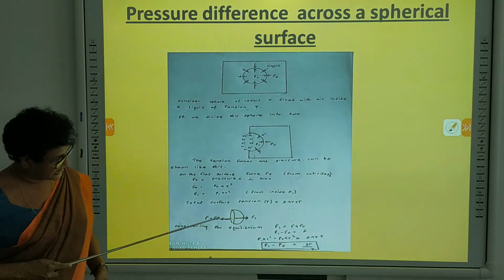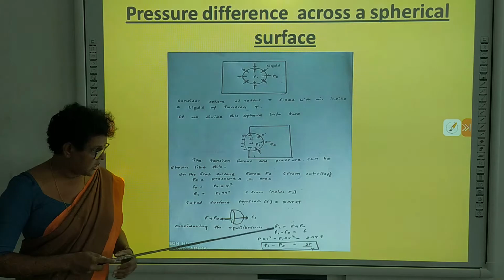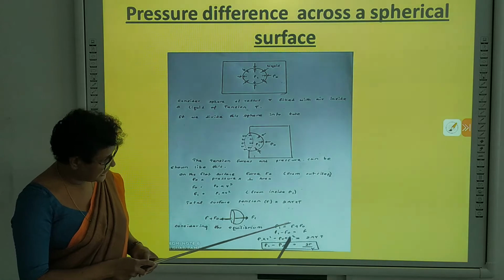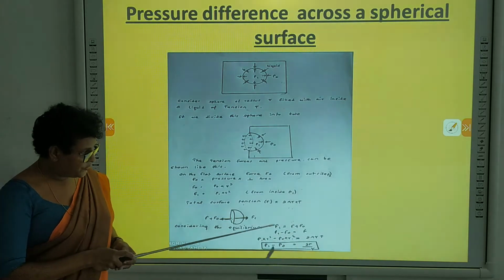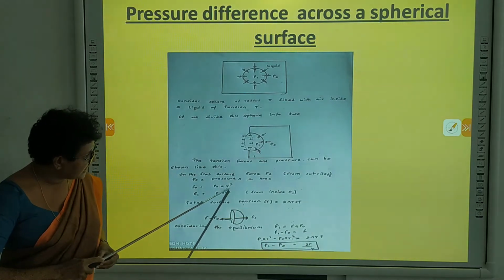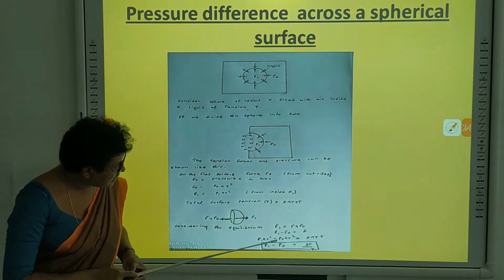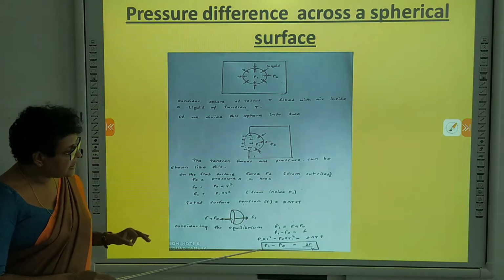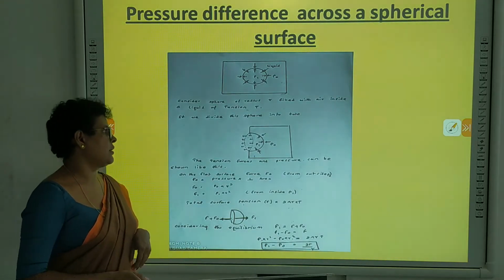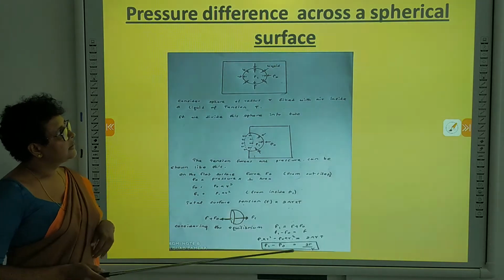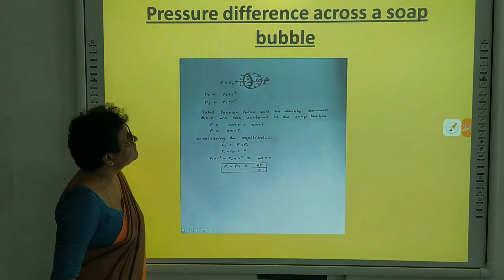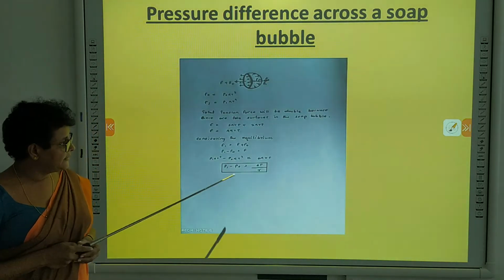Now you have three forces, F0, F1 and F. For the equilibrium of this bubble, F1 equals F plus F0, right? Now we get F1 minus F0 equals F. So substitute these values, P1, P0 and 2πrT. Then you will get the excess pressure P1 minus P0 equals 2T over R, where R is the radius of this bubble. Okay? Now, look here. If this is a soap bubble, this will differ like this.